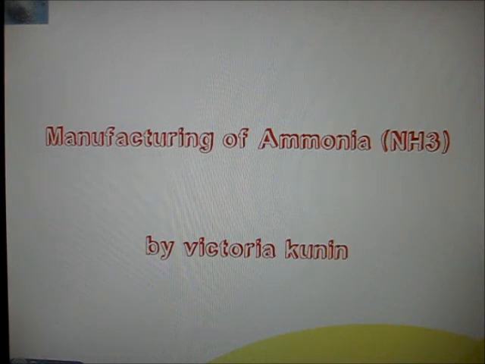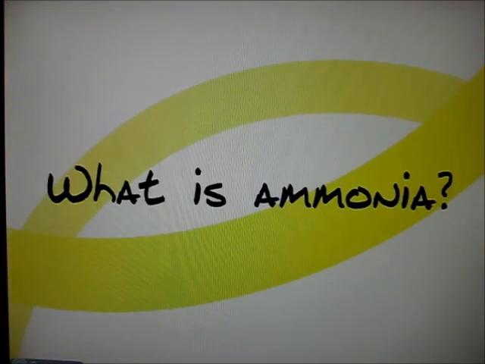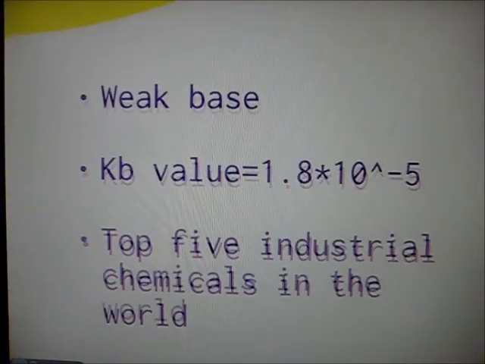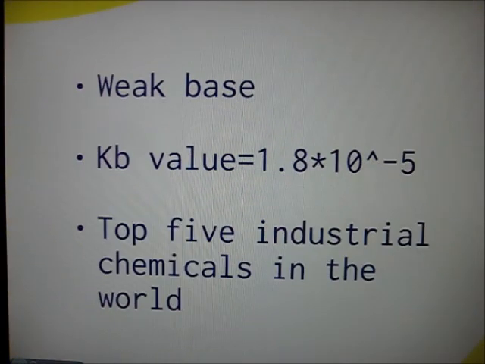Let's begin with the basics. What is ammonia? Well, ammonia is a weak base. It has a Kb value of 1.8 times 10 to the negative 5, which we'll come back to later on. And the one thing you may not know is that it's one of the top 5 industrial chemicals in the world. It's hard to believe because you don't usually hear ammonia being used in anything, where in reality, it's used